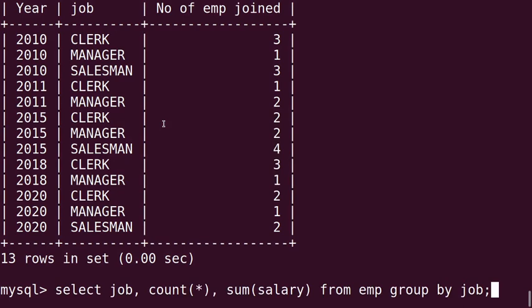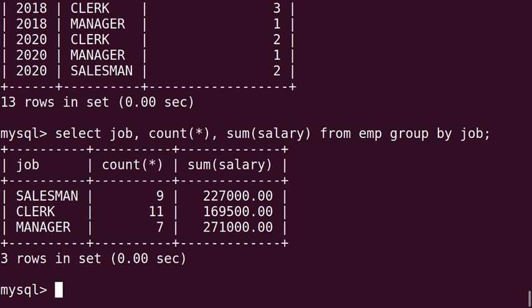Next one, we are grouping the records based on the job, but here we are taking count star and sum of salary aggregate functions in the output. See the result. Records are grouped based on job.